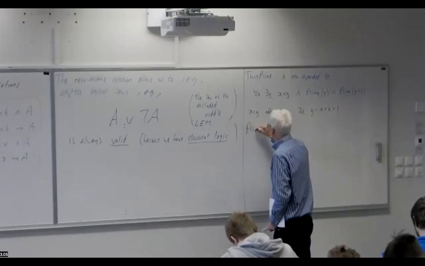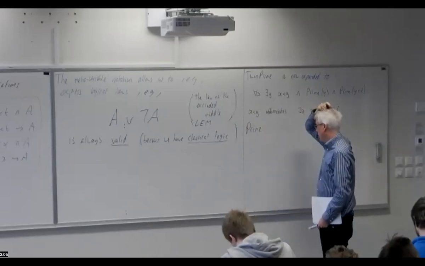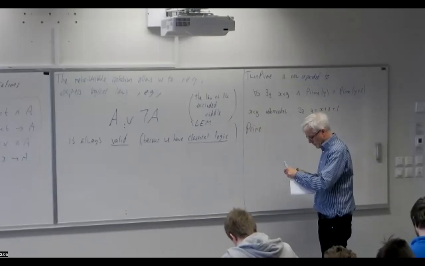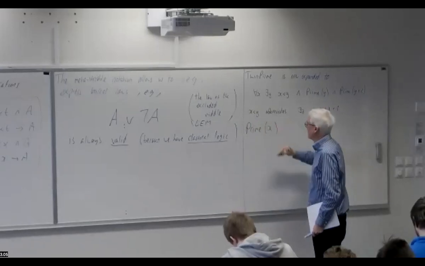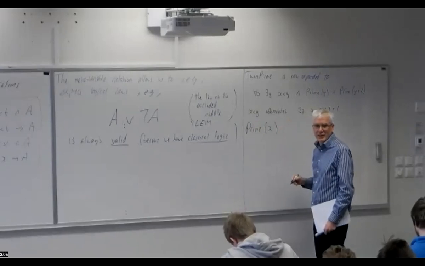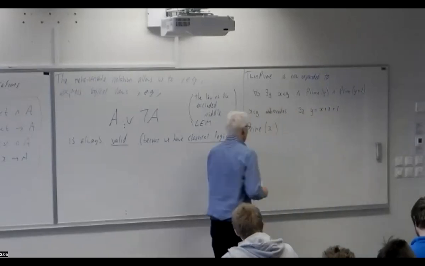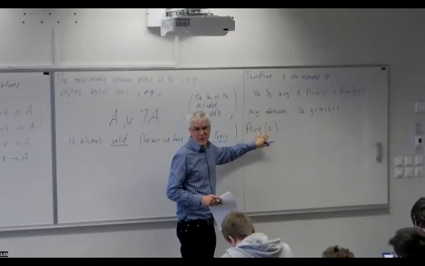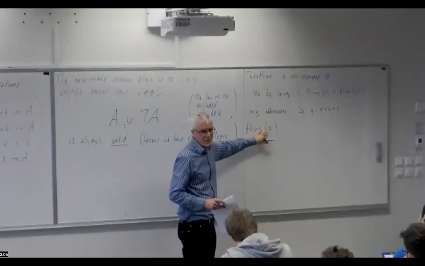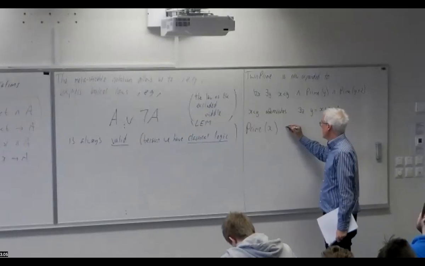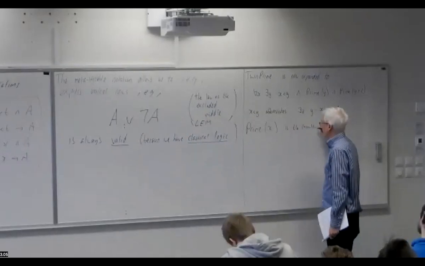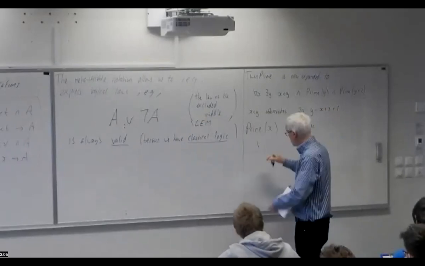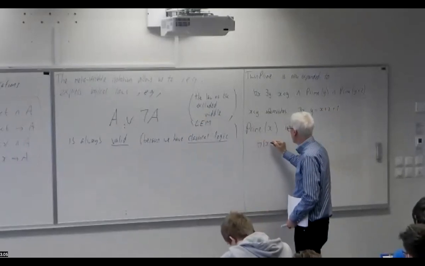And prime y, well, we had, I think I'm departing from my notes a little bit here, so let's hope everything's going to work out all right. Sometimes it does, sometimes it doesn't. I think this is a better way of saying it. So I think in the first lecture, the formula I gave for prime was prime x, but in any case, I'm going to define what it means for x to be prime here. So prime x is the formula: it's not the case that x equals 1,